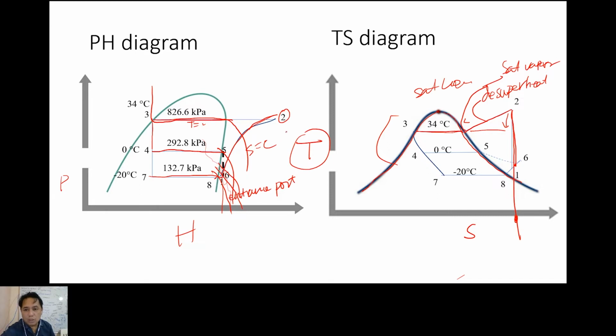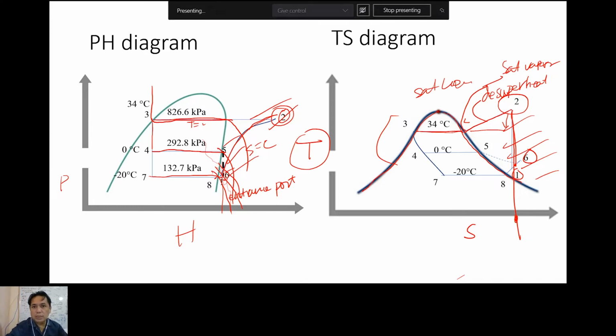Ano yung mga tatlong superheat? 1, 6, tsaka 2. Nasa superheat region sila. Tingnan nyo. 2, nasa superheat. Yung 1 sa evaporator, superheat, saka 6. Okay? Now, sa TS, tingnan nyo, sa TS between 3 and 4,